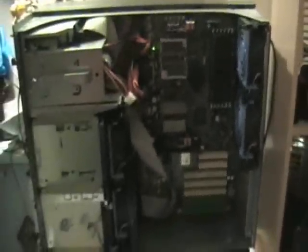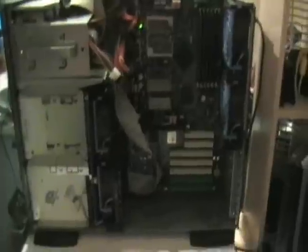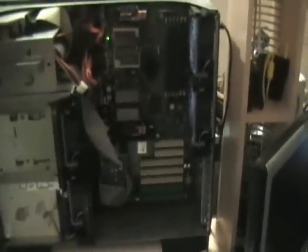Also, with dual power points on there, I am only running this machine sort of in low power mode, so I've only got one standard kettle lead connected to the machine, so it is running at half its capacity. But as I only have the one hard drive, and I don't have a lot of programs running on this machine at the same time, I don't really need to have it on full power. When I've got a few hard drives in there and I'm running a few more advanced things, then I obviously will. But yeah, total specs: dual Intel Pentium 3 Xeons, one with a bad heatsink, gig of RAM, 8 meg video card,